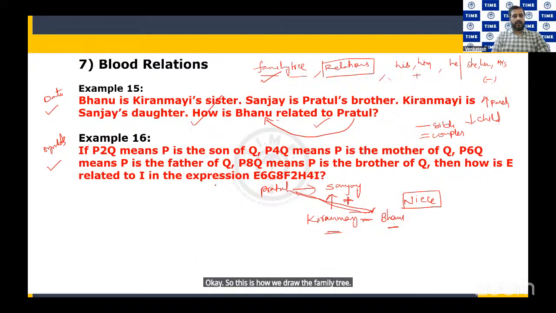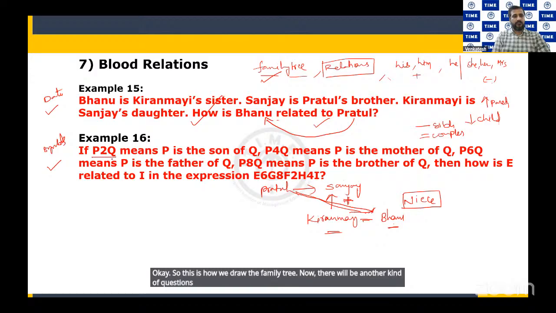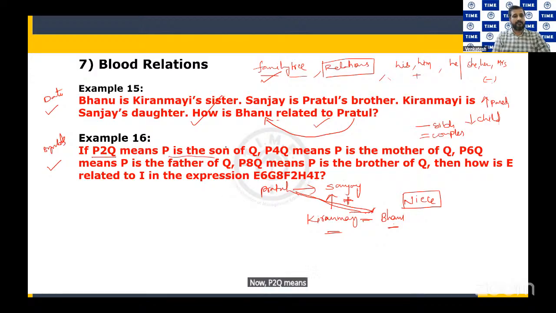Now there will be another kind of question. You will be given notations, symbols. Now P2Q means P is the son. The relationship is defined here. P4Q means P is the mother. P6Q means P is the father. P8Q means P is the brother. Then, how is E related to I in the expression so and so? Now, even for this expression